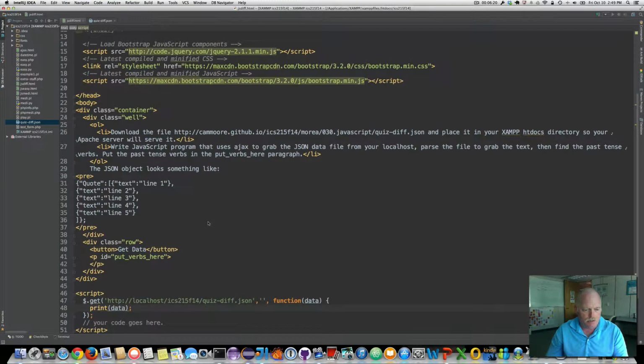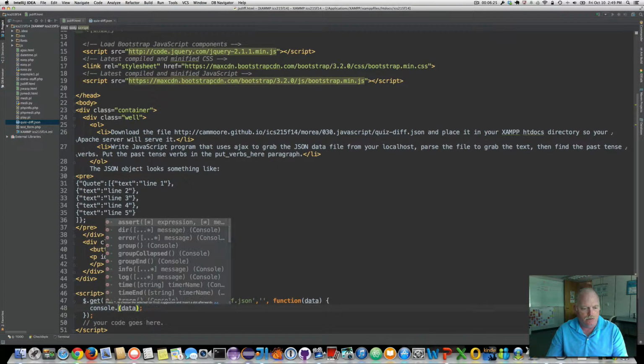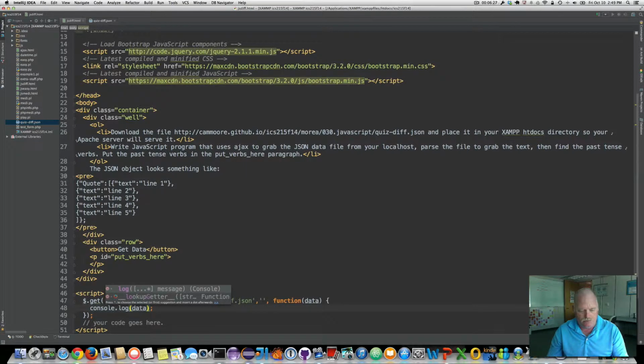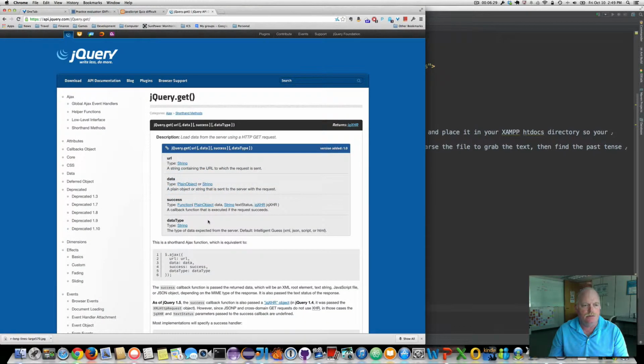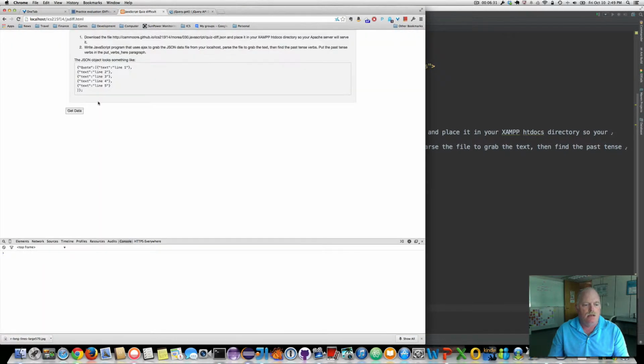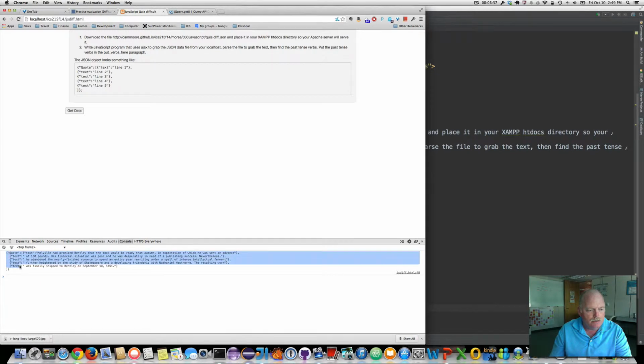Oh no, let's do console.log. Don't be stupid. So I'll log the response that I get from the web server. So I reload it, and you can see I have gotten the data from my web server, and it's logged, and it's a JSON